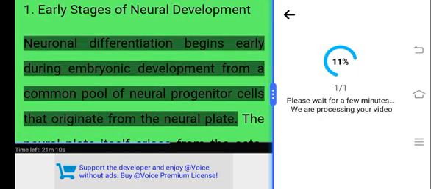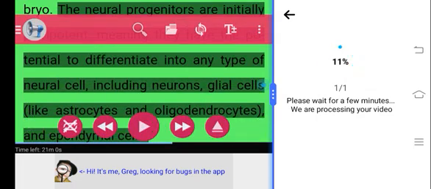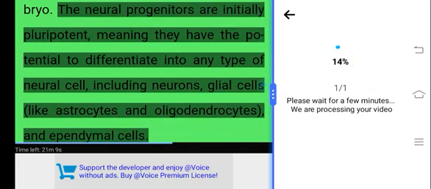Neuronal differentiation begins early during embryonic development from a common pool of neural progenitor cells that originate from the neural plate. The neural plate itself arises from the ectoderm, the outermost layer of the embryo. The neural progenitors are initially pluripotent, meaning they have the potential to differentiate into any type of neural cell, including